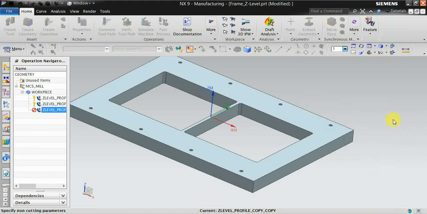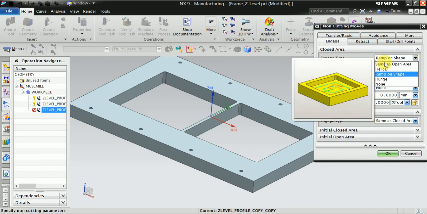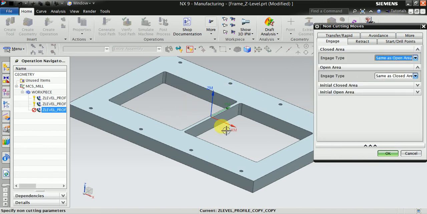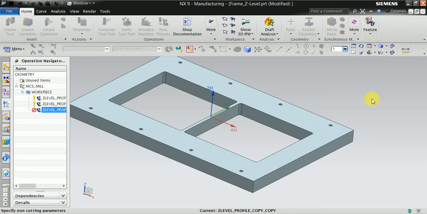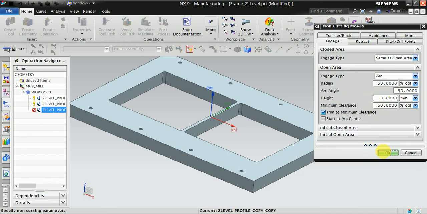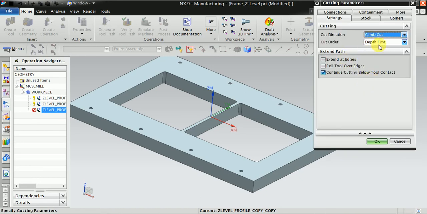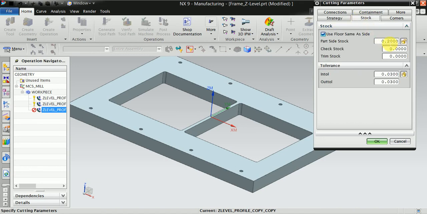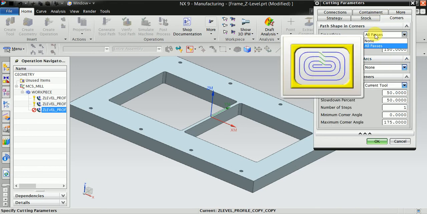Now this area will be open, so select the open area. Okay, now here unselect this one, remove stock, corner, none.